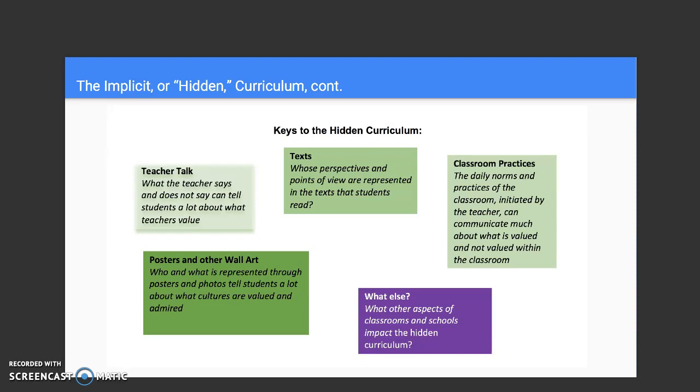So just to give you a quick example, when I was teaching English years ago at the alternative school, my student population consisted mostly of male students. And I tried to be very intentional about choosing various types of diverse texts, novels, points of view, from people of color, from women. And my students were very negative about reading texts that were written by and about women. They would say things like, this has nothing to do with me, this is stupid, I don't want to read this.